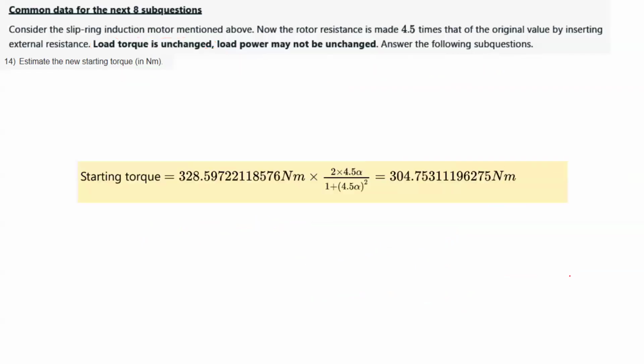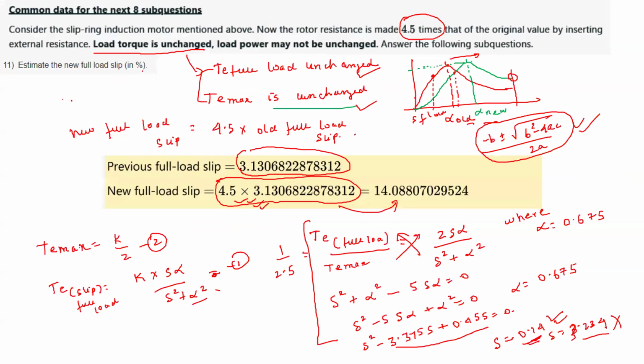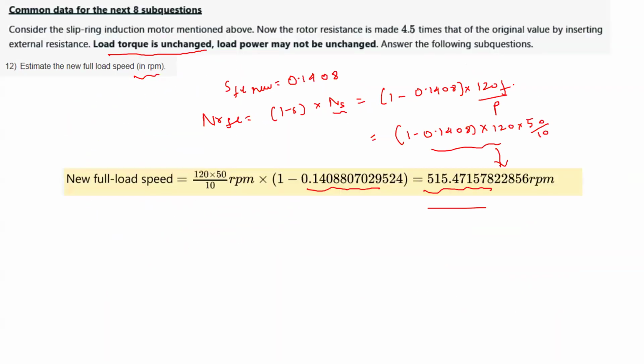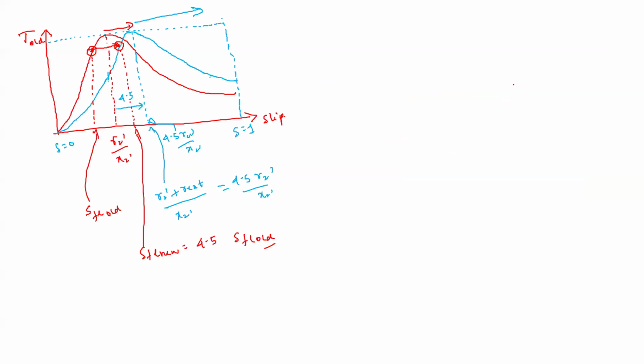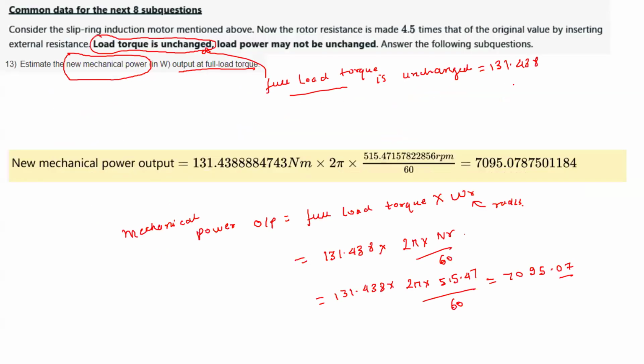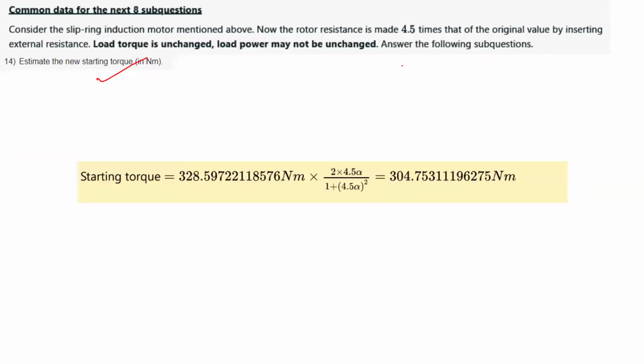Now in the next question, you have to estimate the new starting torque. Now this is interesting. You will think, what about starting torque? Does it remain the same or different? It will change, because the idea of adding the external resistance is to get higher starting torque. Other torques will remain same, but starting torque will change. Only the starting torque changes when this torque slip characteristics is shifted in the x-axis. Okay, so we know how to do that also, right? So we know the ratio of